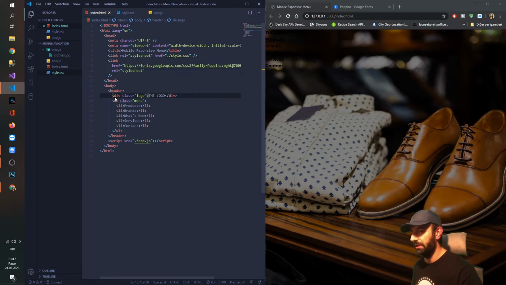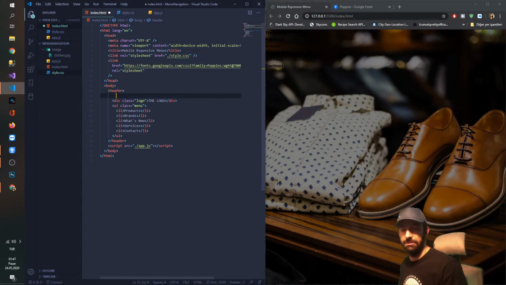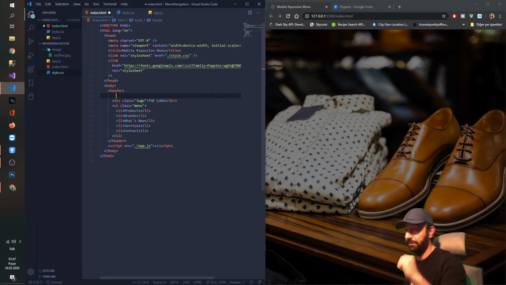And this will be out of everything. Somewhere here, the position will be absolute in order to grab the menu and put it in the screen wherever we desire. Let's say the burger, the toggle menu,